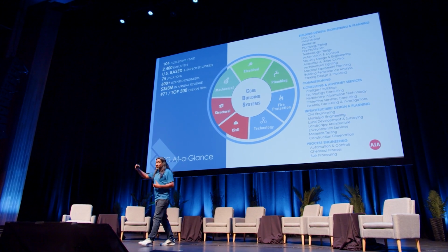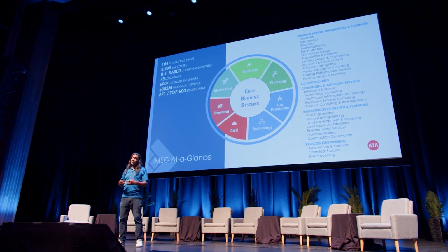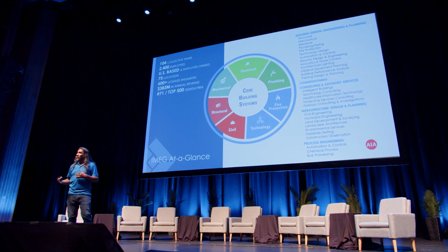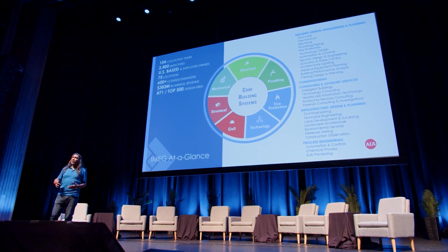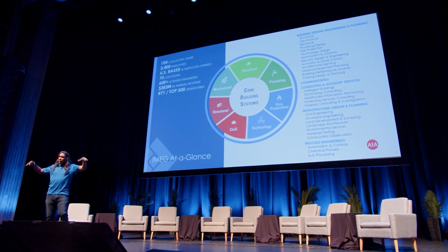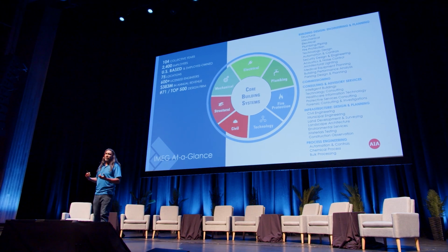I get thrust in this position. I came up kind of through the Civil 3D world, developed our standards, had a passion for mapping, had a passion for design, had a passion for modeling. I kind of got into that Civil 3D world where I started doing things three-dimensionally. I started plowing roads through the side of these surfaces. We were kind of getting into automation with regards to how we collect data in the field and stuff like